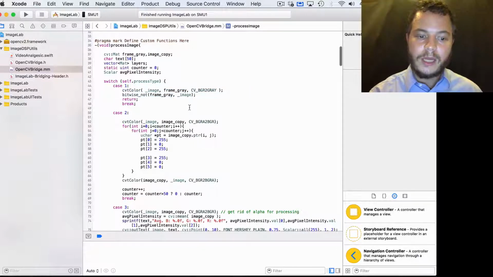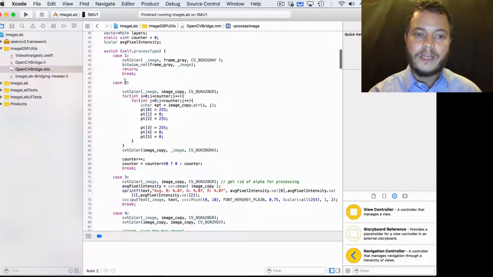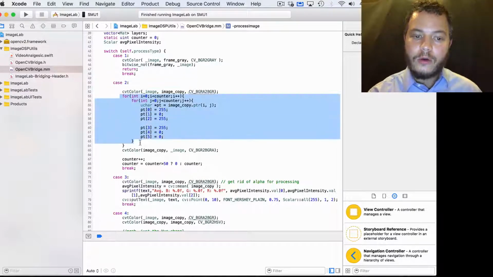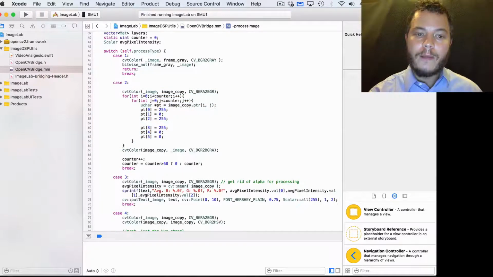So taking a bitwise not, to if I'm in case 2, I'm actually going to convert over to BGR format, and then I'm going to do exactly that code that we had before where I'm going to be setting the values. So the first value that I'm going to set, the blue channel all the way to 255, the red channel all the way to 255,